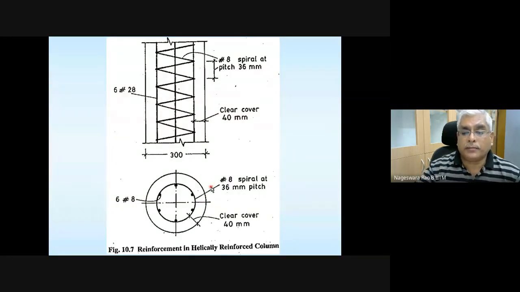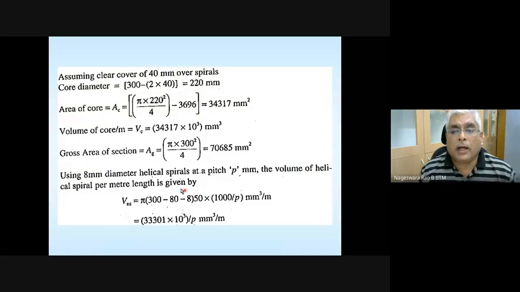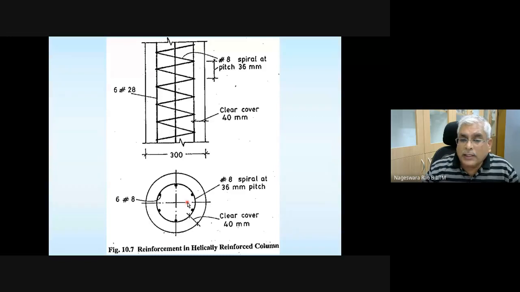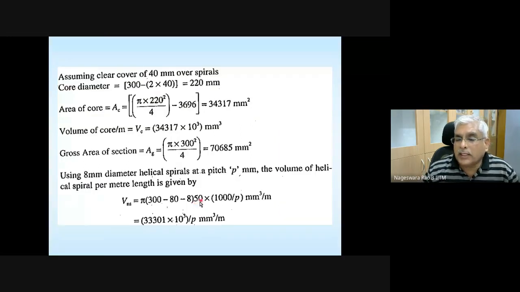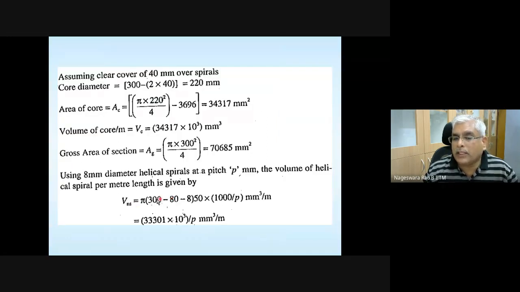50 is the area of the cross section. Please note that this is the circumference, and an 8 mm diameter bar: pi d square divided by 8, rounded off to the nearest integer, is 50. So this is going to be one wound of this. If you wound one time, then that is going to be the total volume of the